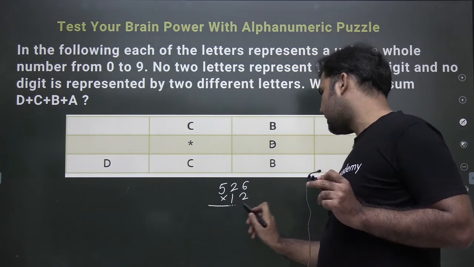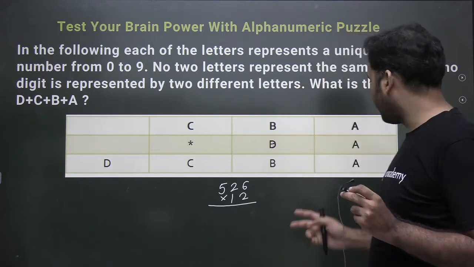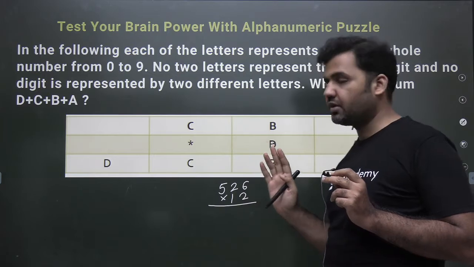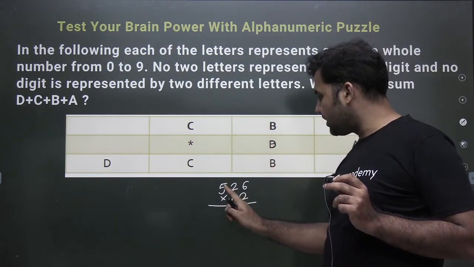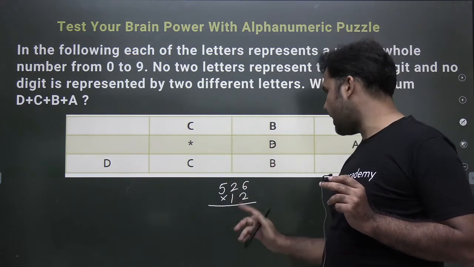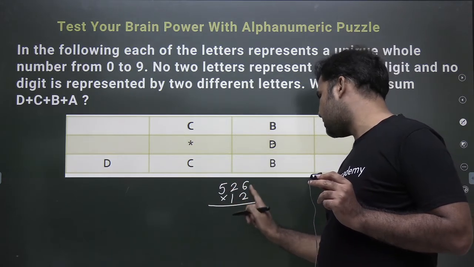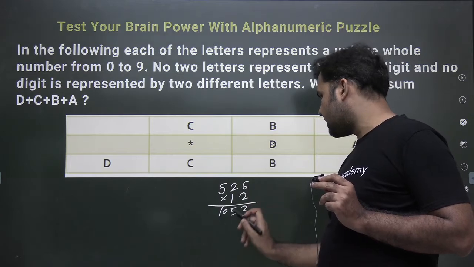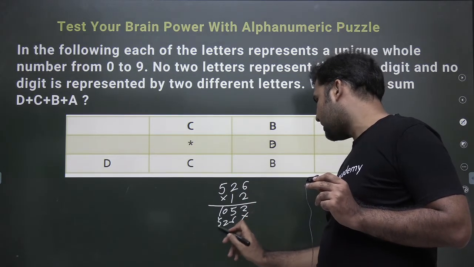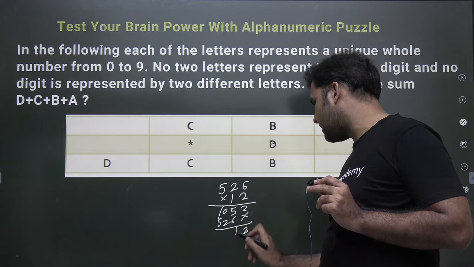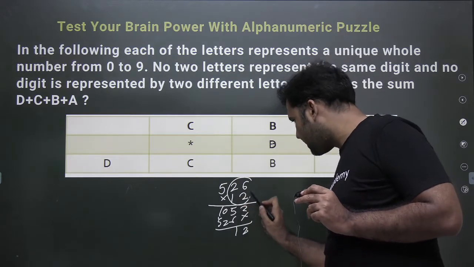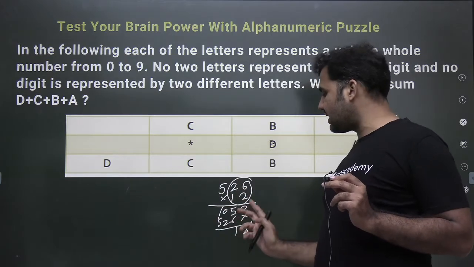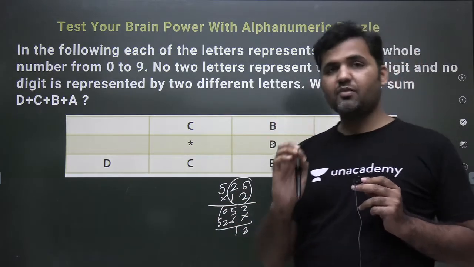Now you see that the last two digit, if I talk about the last two digit will depend on the multiplication of these two. In the last two digit numbers, 5 does not play any role. Why? Let's see that. When I multiply 526 with 2, it will be 1052, and here this would be 526. So see that the last two digits are basically coming from the multiplication of 26 and 12. There is no role of 5 in the last two digit, right? So one point that you need to know.